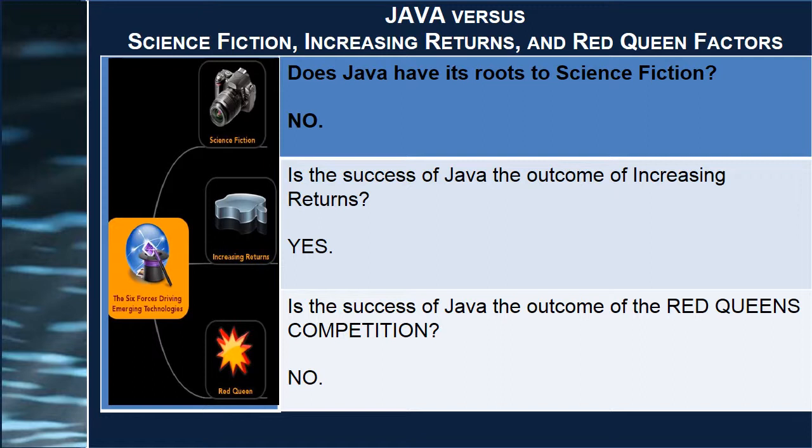Is the success of Java the outcome of increasing returns? Yes, Java has shadowed previously existing and newly developed programming languages to become the top one, the chosen one, as a result of the increasing returns force. Is the success of Java the outcome of the Red Queen's competition? No. At least not yet. The Red Queen situation calls for two competitive products running neck and neck. Currently, Java is the lone star ahead. God knows for how long, with threats from Dart and Android by Google, HTML5 from the open source